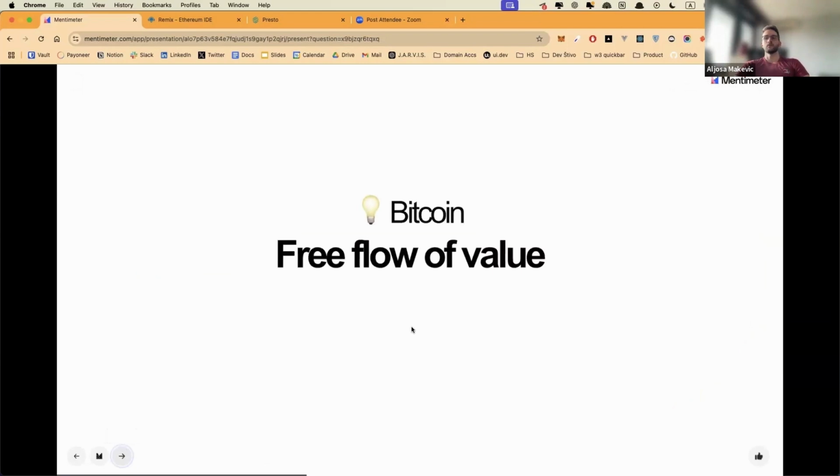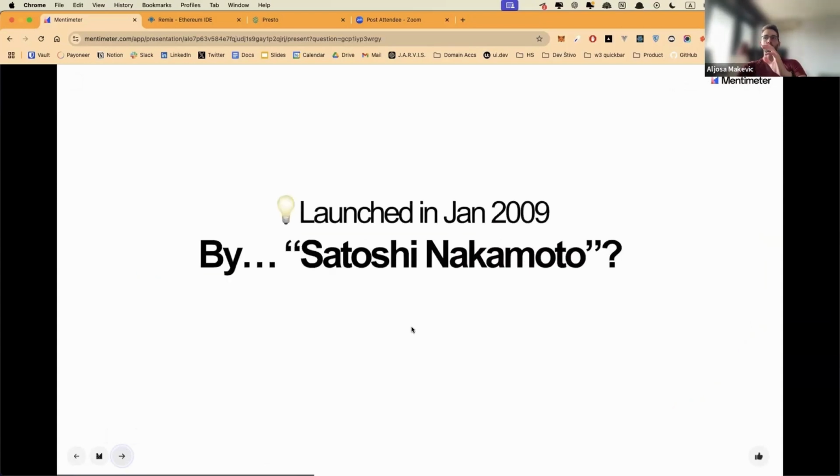The first blockchain that made a splash is definitely Bitcoin. The whole value proposition of Bitcoin was and is free flow of value, and we'll get into what that means. But I just wanted to cover that it was launched in January 2009 by Satoshi Nakamoto. The interesting thing is that nobody actually knows who Satoshi Nakamoto is.